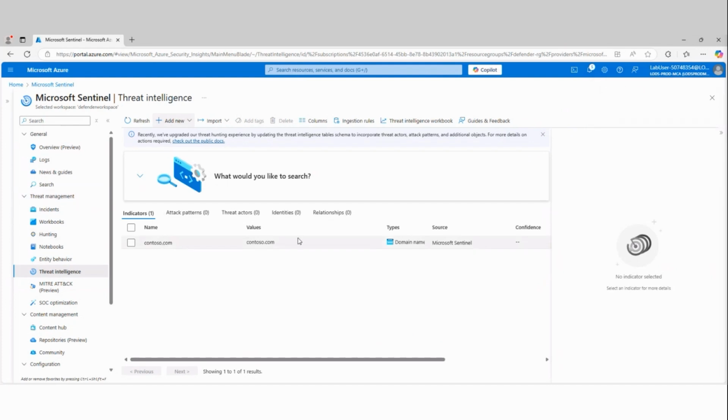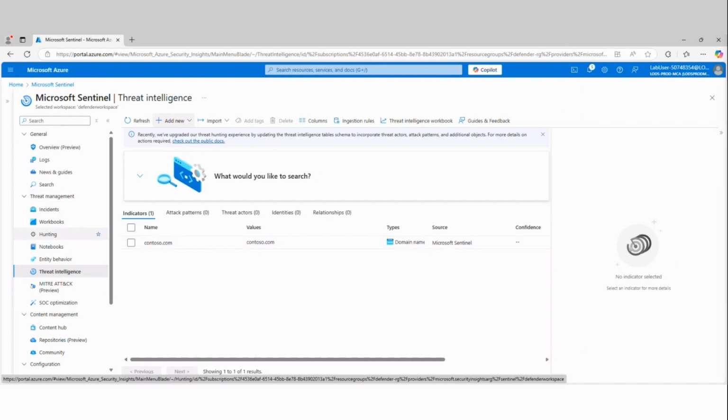So now here's our first indicator of compromise that we have within our environment. Now, there is one thing that you want to consider. In the real world, there are hundreds of thousands of different threats that are out there or indicators of compromise. So generally speaking, what I just demonstrated here is not something you would do for every threat that's out there.